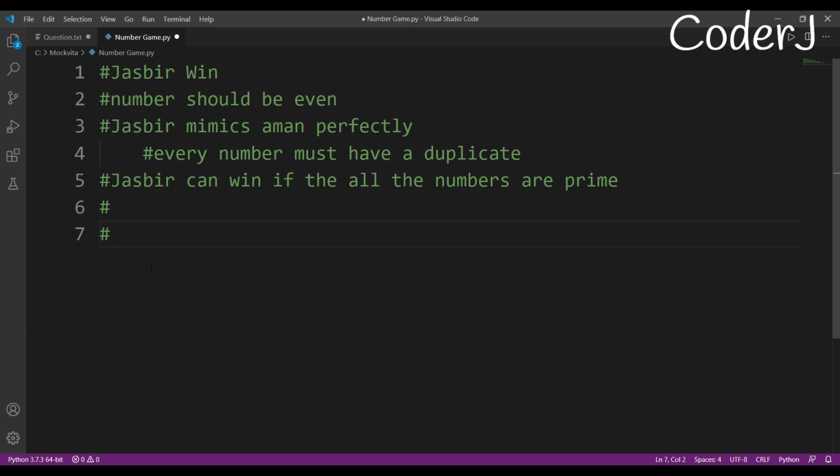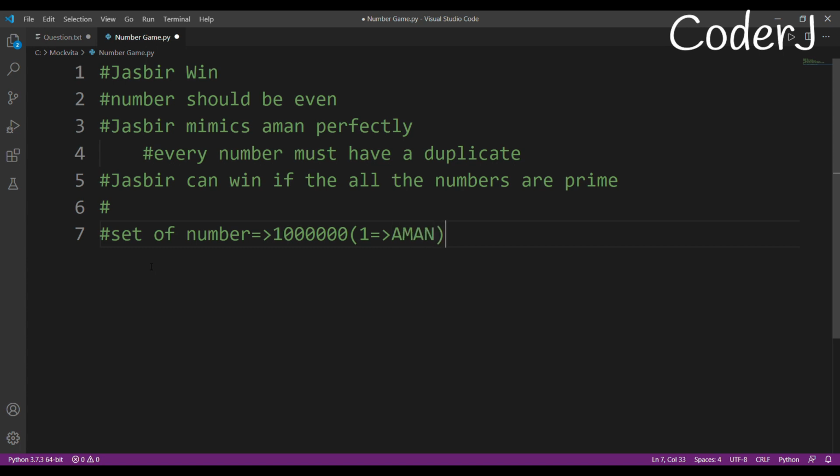Otherwise, let's say you take any set of numbers, and there are, let's say, 10 lakh different possibilities in that. If in all of those possibilities there is even a single possibility where Aman can win, then Aman will win.